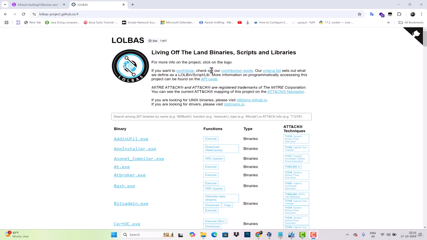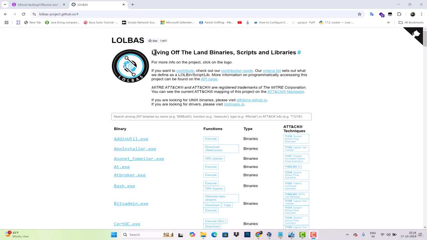and how incident responders or threat analysts, or whatever position you are in, such as SOC, you can easily investigate your threat, or you can easily attack the organization by bypassing the antivirus software, firewalls, and EDR platforms. Okay, so let's take LOLBin. LOLBas is an acronym for living off the land binaries, scripts and libraries.